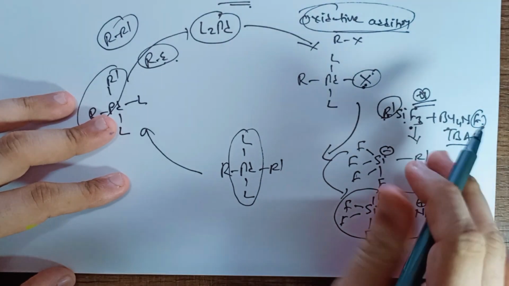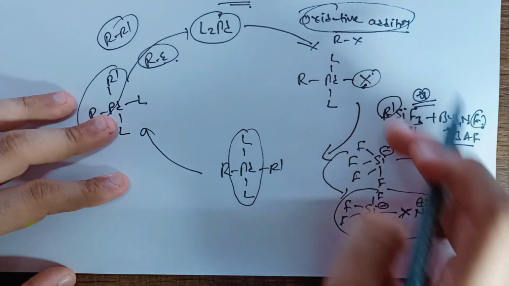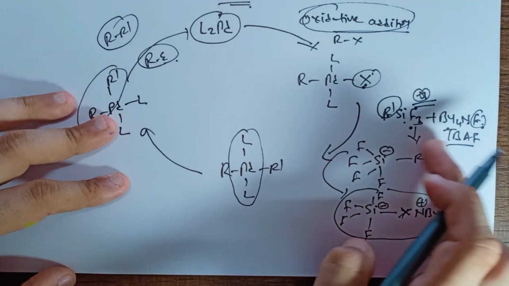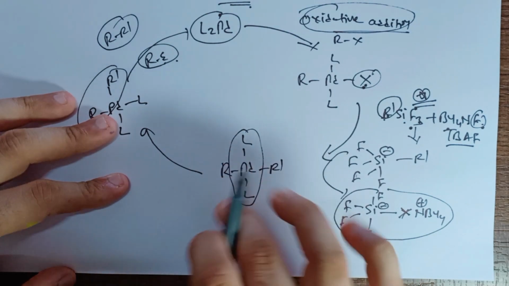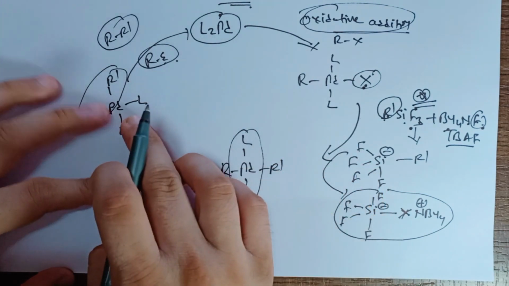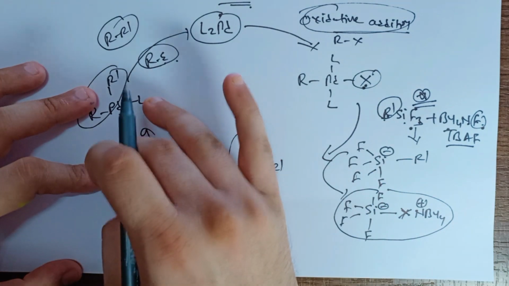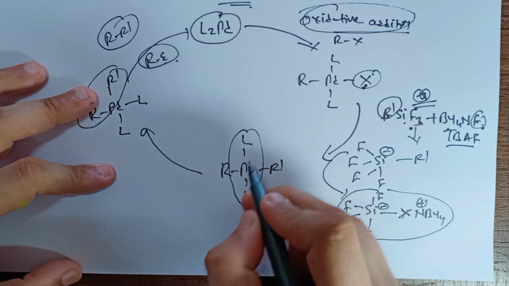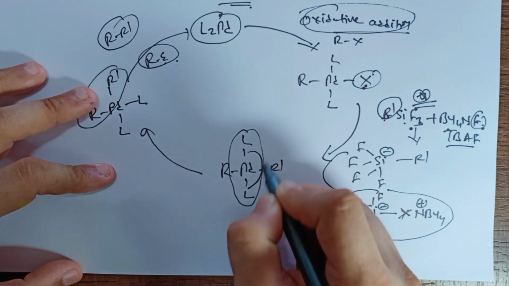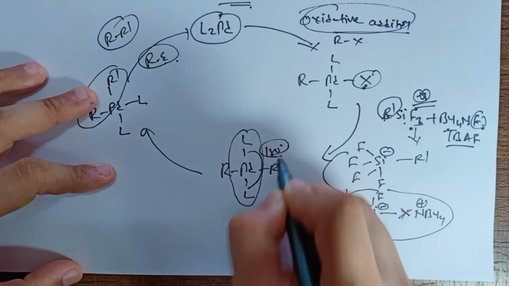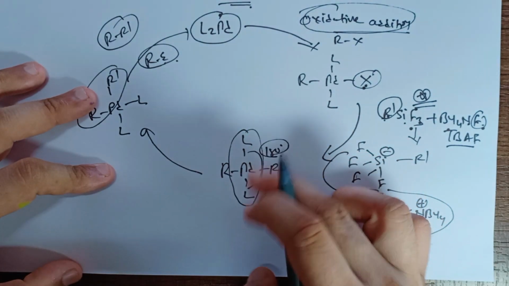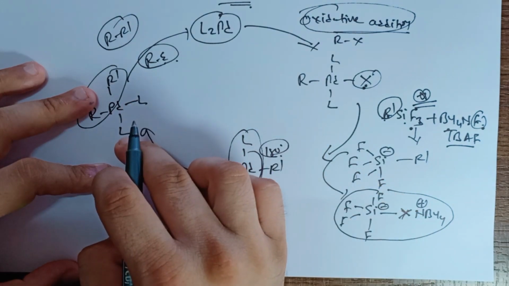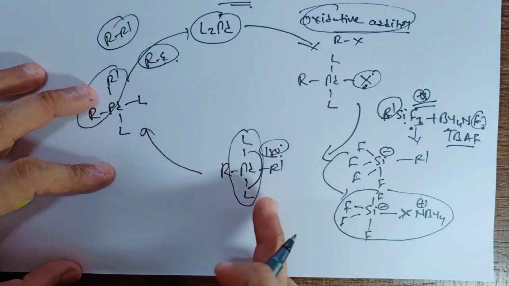So now when it is reacted with this molecule, this X will be replaced over here and this R dash will be replaced over here, so we can have this type of intermediate. We can also rearrange this L. This is a trans form, this is a cis form. When it is having a 180 degree L and L, it is a trans product, and this is a cis product. We can also rearrange the trans to cis.